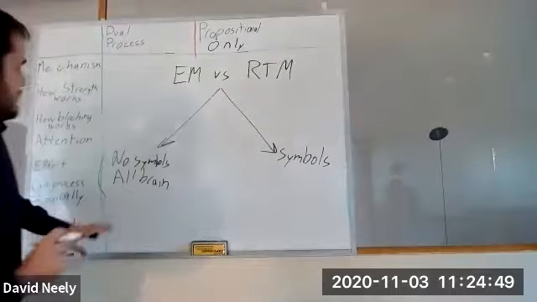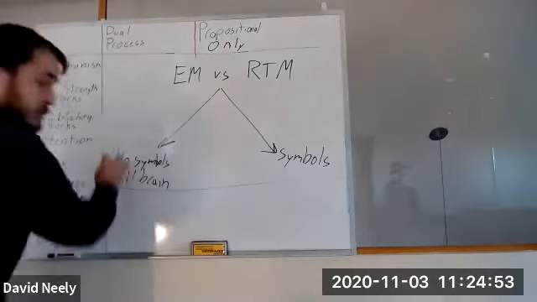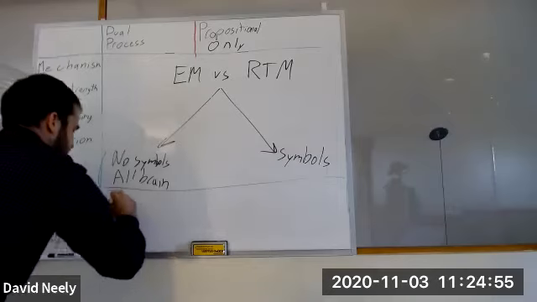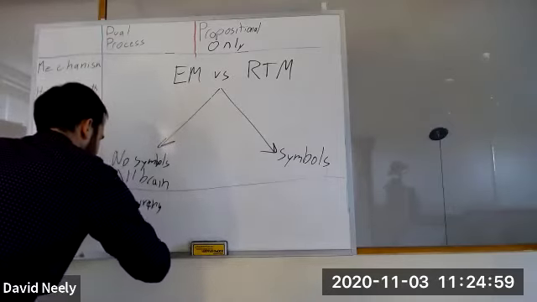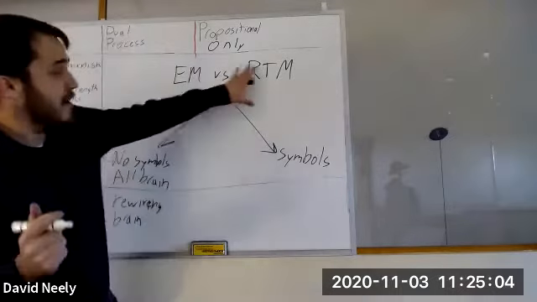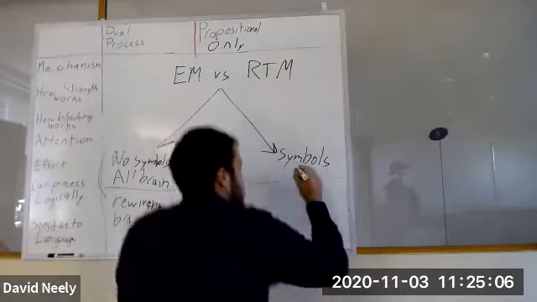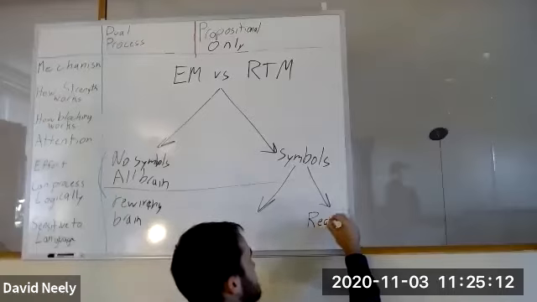So let's put this under the heading of how learning works. If you're an eliminative materialist, all learning is rewiring of a physical brain. Every materialist is going to hold that. Now, if you accept RTM, there's still a question of how associative learning works. On one view, it's reasoning, and on the other view, it's